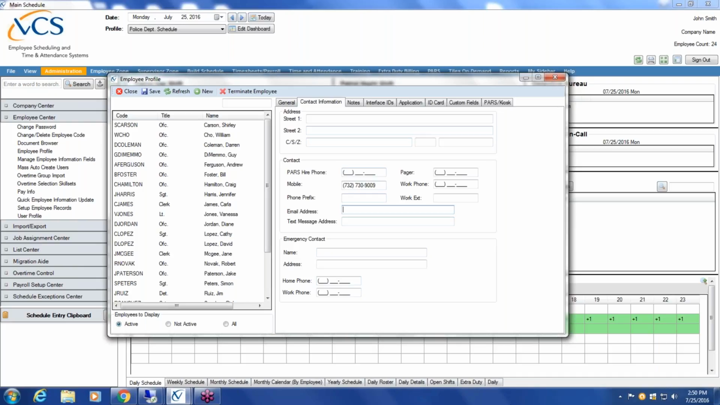Now, email addresses are very important, especially when it comes to notifying any employee about anything that's schedule related, whether we're approving time off or overtime requests, we are perhaps reassigning an employee either permanently or for a period of time. Every time we adjust something on the schedule for an individual, it's important that we send them an email notifying them of the change. So you'll want to put in the email address,